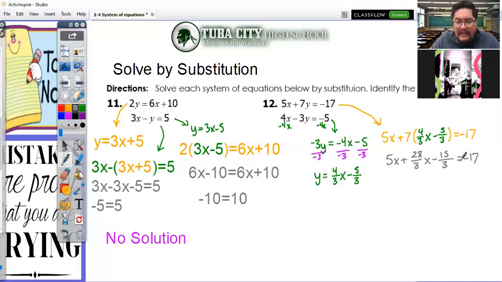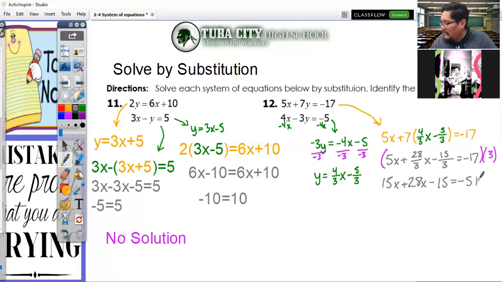Now for this one here, because we have that big set of fractions, what I'm going to do is multiply everything by 3. So look at your bottom numbers and think, okay, what can I get rid of in all of this? Pick a number that can be divided by all your bottom numbers. In this case, 3 can be divided by 3 in both ways. So I'm gonna triple everything. So 5 times 3 is 15x plus 28x minus 15 equals, and then 17 times 3 I think is 51,